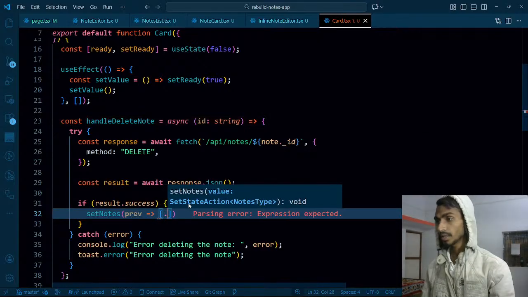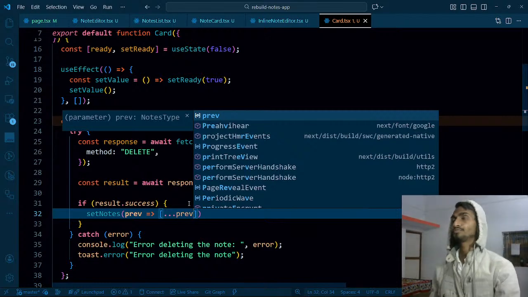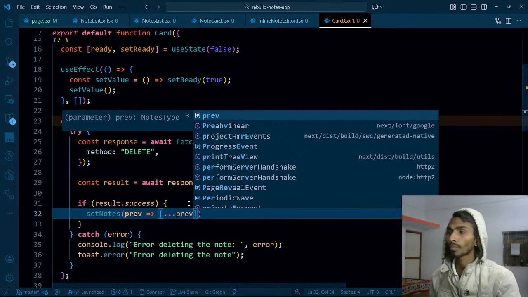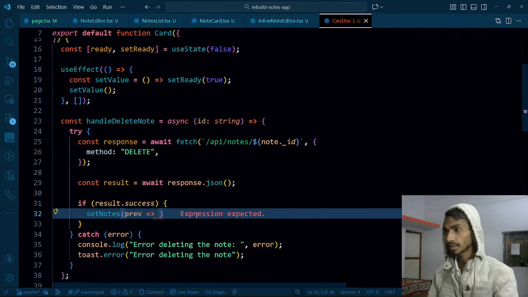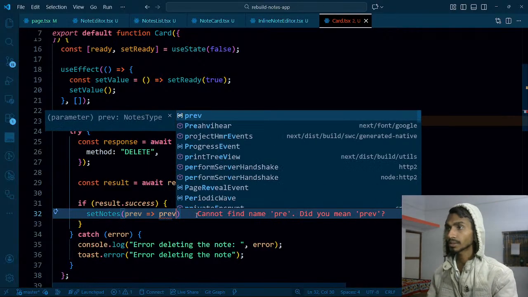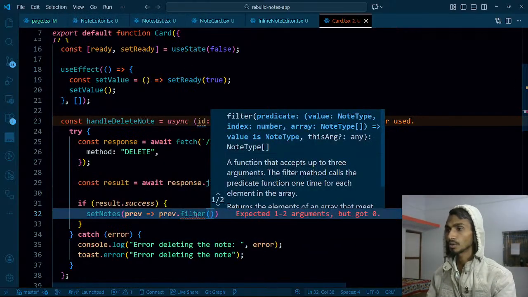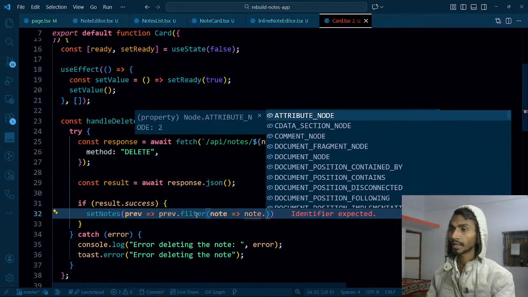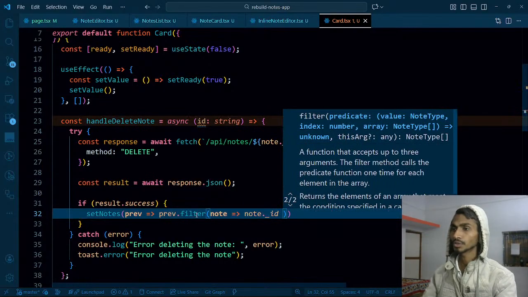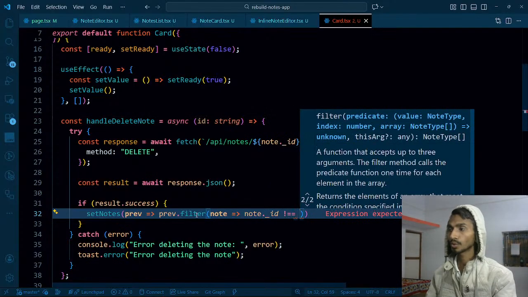I hope it is fine. I will destructure all the previous arrays, and, bad, I have to filter the values. So I will return with the help of previous values dot filter, and I will get the note from here. But I'll check that note.id is not equal to